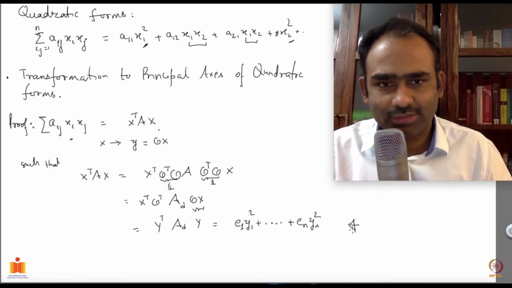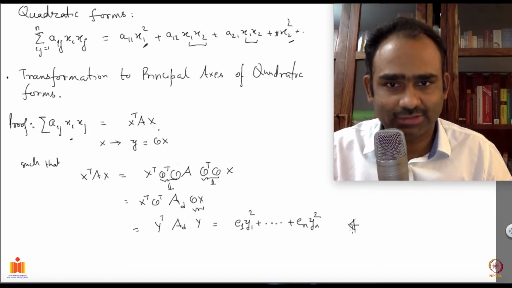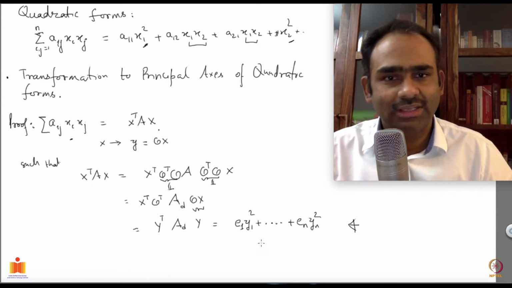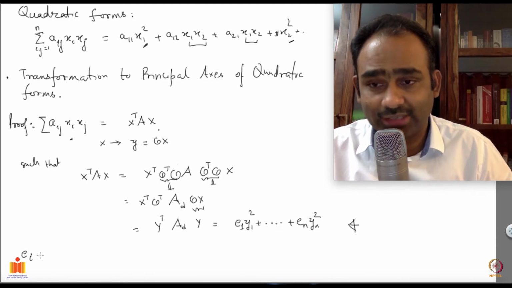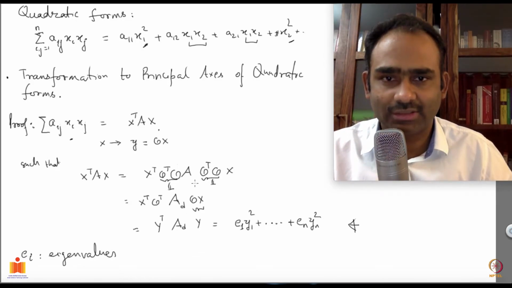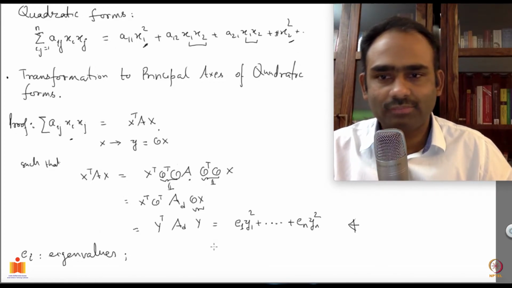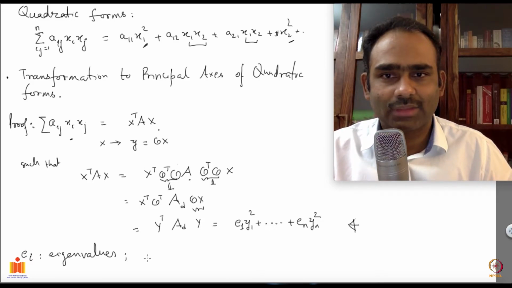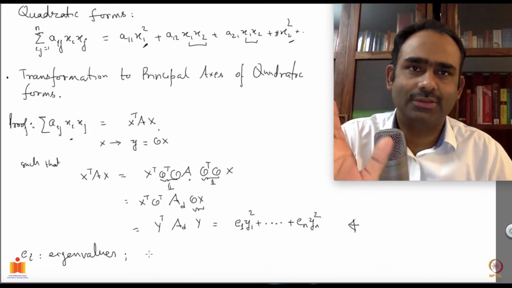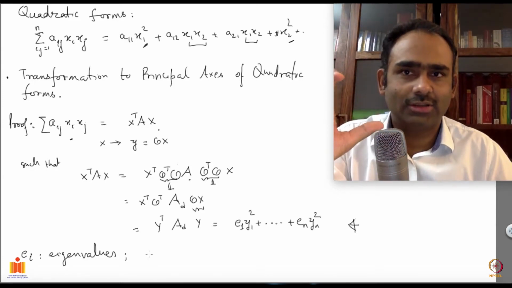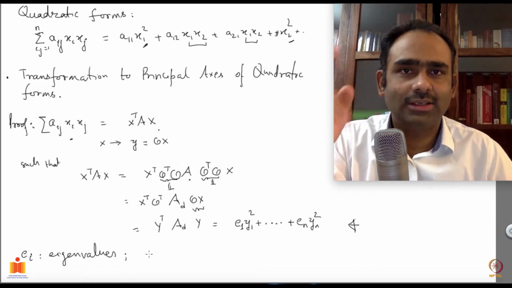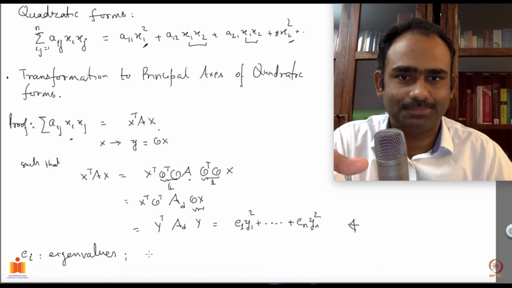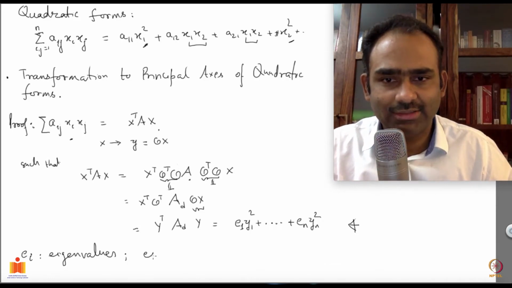And it's also clear, and if it is not, then you sit down and convince yourself that these E's are the eigenvalues of the matrix A. And also convince yourself that the transformation which we have done, this orthogonal transformation, puts your coordinate axes along the eigenvectors of A, and these eigenvectors are called the principal axis vectors.